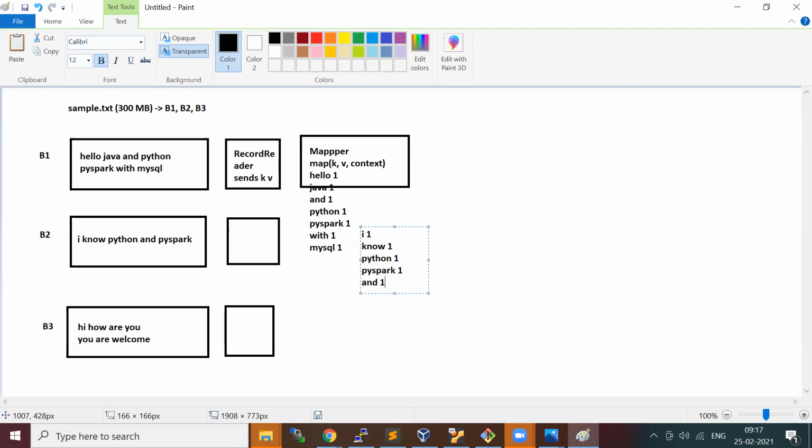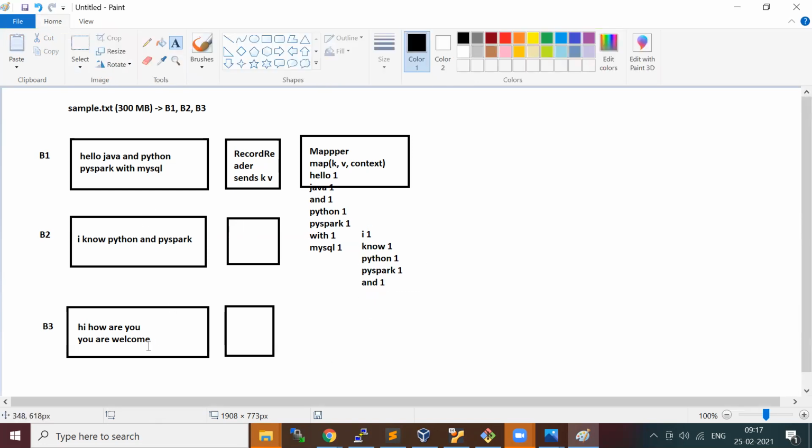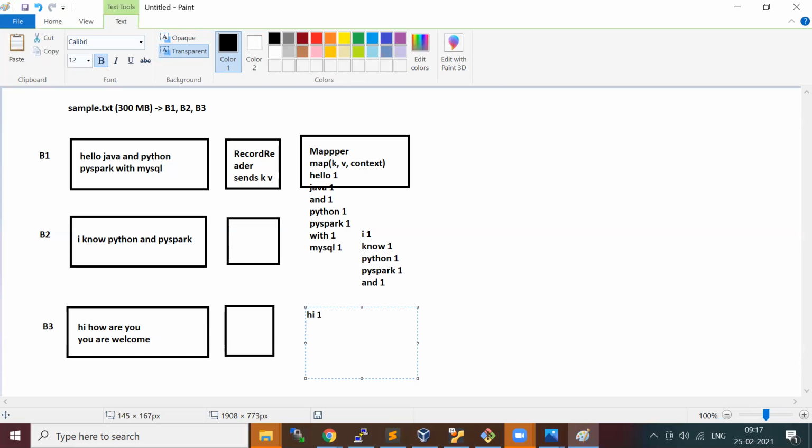For the output, when the key value pair is coming to a mapper, the mapper will write from block 3 I 1, or out, or U 1, and again you have U 1s here, and welcome.